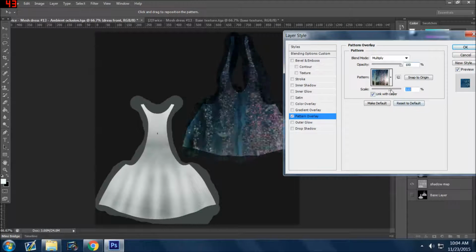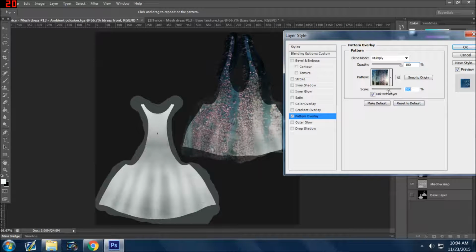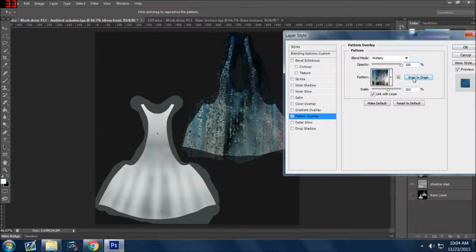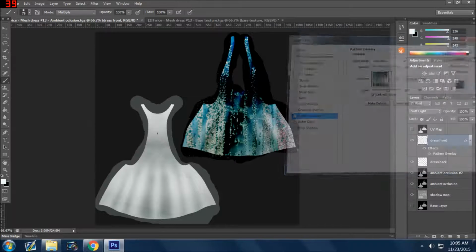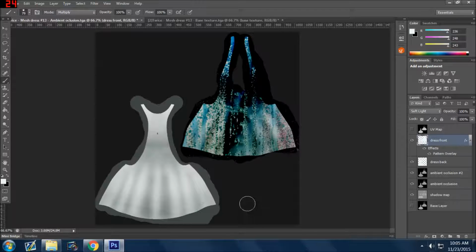Like, for example, this one, if I scale it, snap to origin. Now I have that pattern on the dress. I can even burn it into the dress. Okay, so now I like that, but I want to get it on this other layer for the dress back